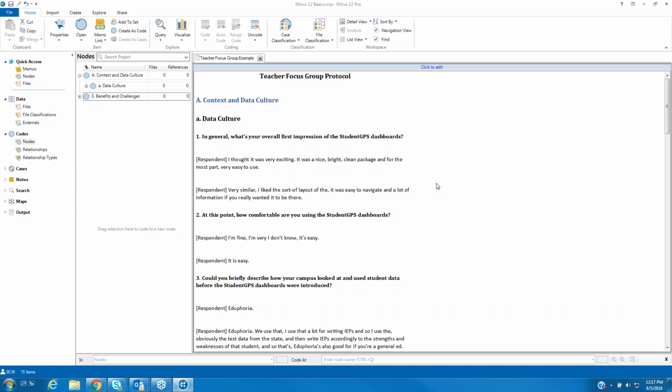So you can see in this example, the analyst who created this NVivo file set up the coding structure to align with the order of the questions that were asked in this focus group. So you can see we have a header for context and data culture, which aligns to our first parent node, context and data culture. We have a subheader called data culture. We have a subcode called data culture. And then we have